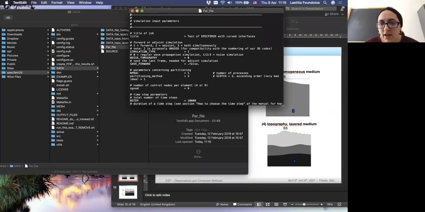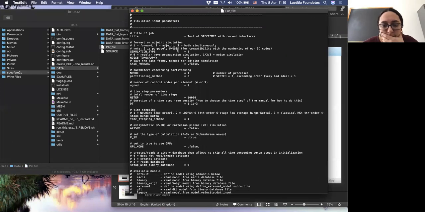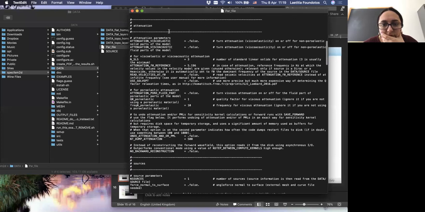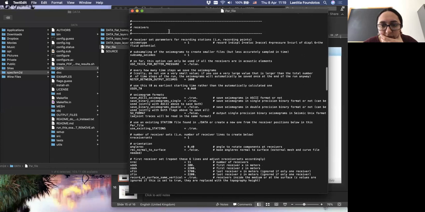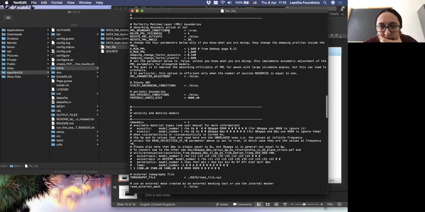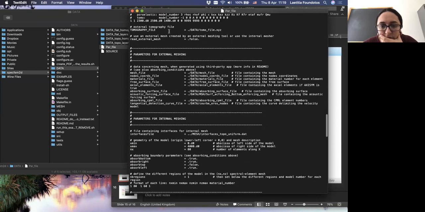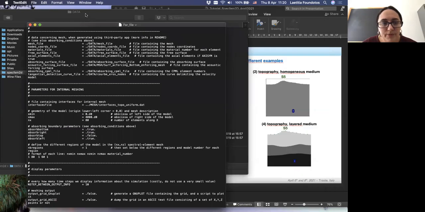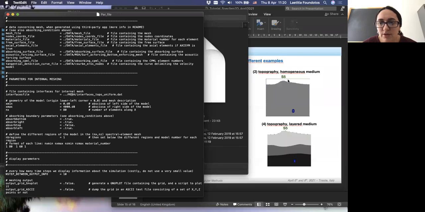What is modified here on that part? I guess this is almost the same file. The only thing we have modified is that we indicate another file here. It is the same medium, but we have just modified this file that contains topography, with a new name inside the mesh directory.